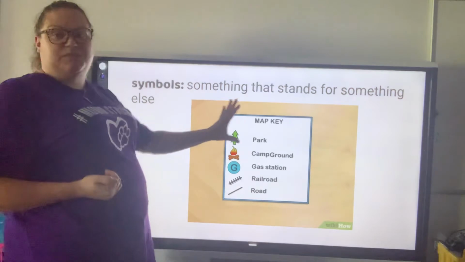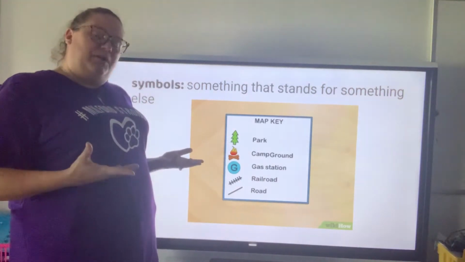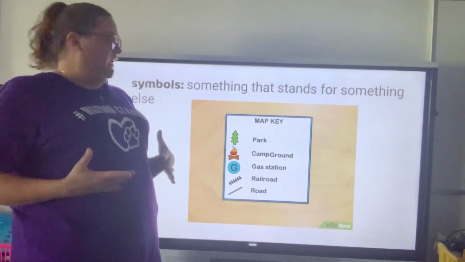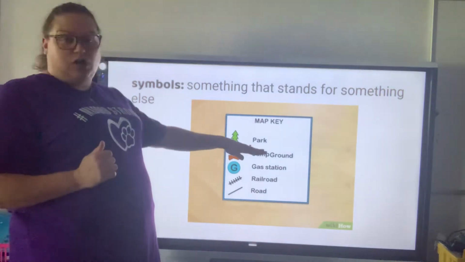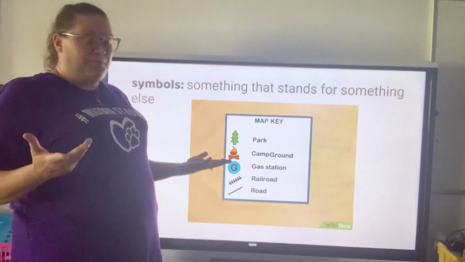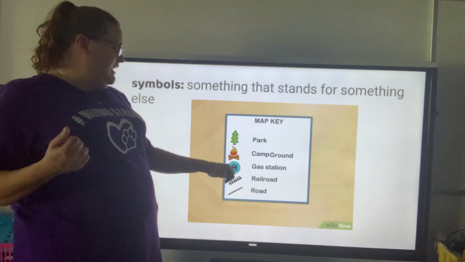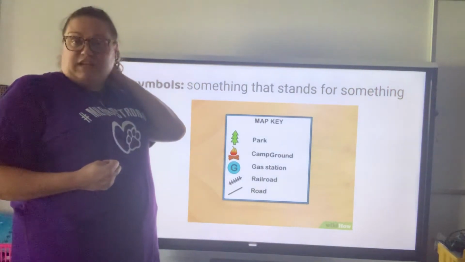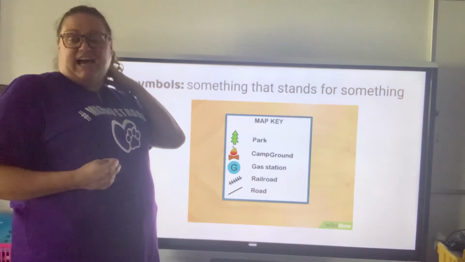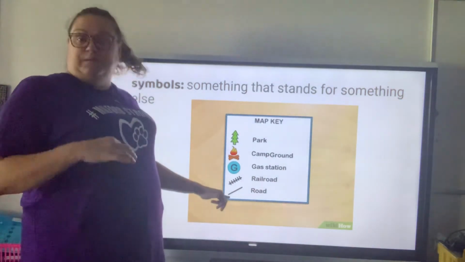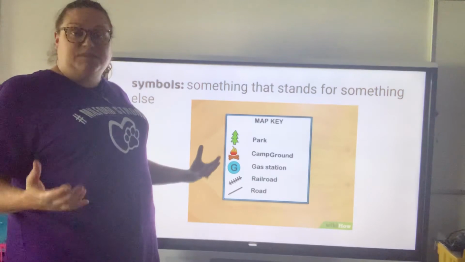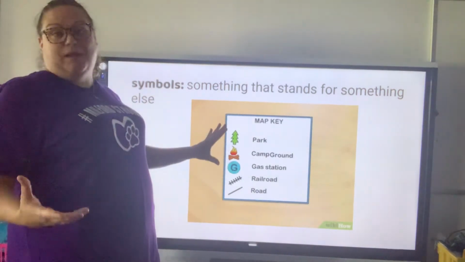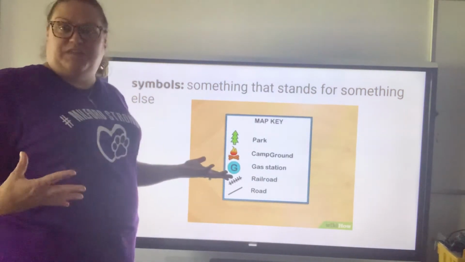So we kind of talked about this with the map key. What we think a picture is on a map, it might not be. So here it says this tree is a park. So it's not a forest, it's a park on this map. And this is a campground and a gas station and a railroad and a road. Now compared to our other map key that was on the last one, that map key had a blue road. Sometimes blue can be the rivers, sometimes it can be streams. So you have to look at your map key or your map legend to tell you what everything is,